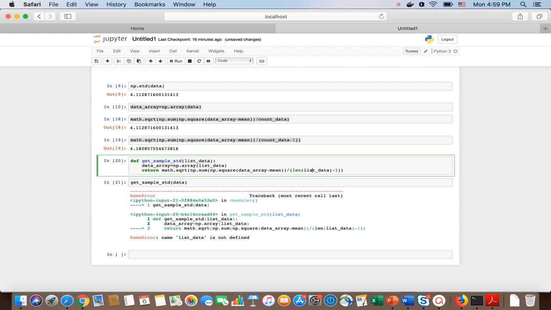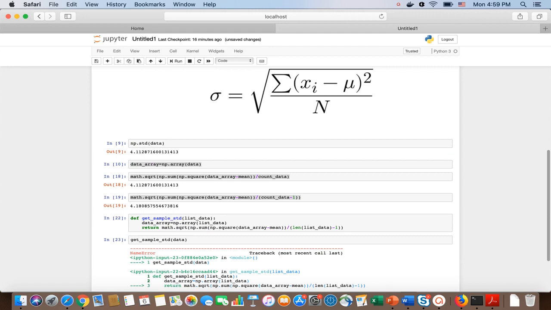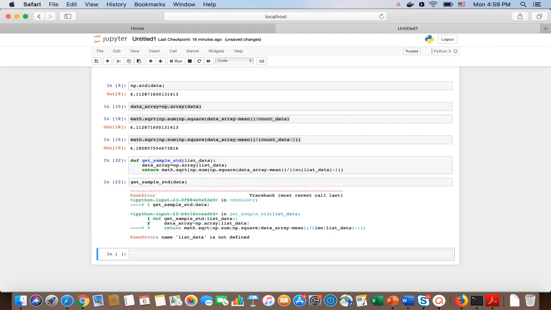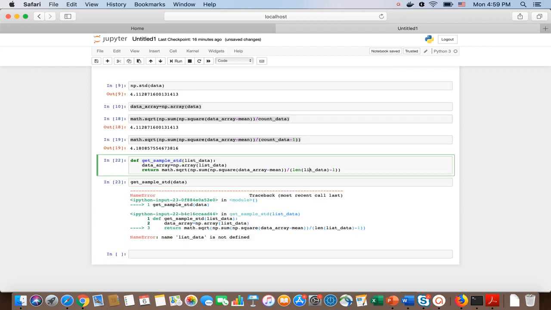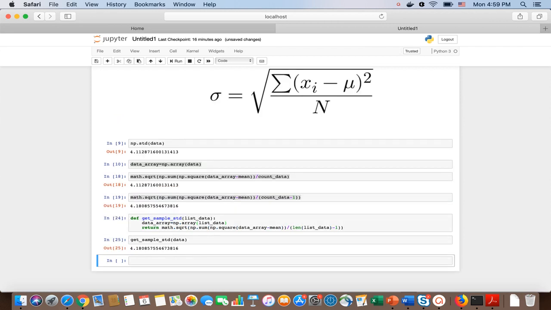I execute this cell again. More mistakes. Oh, so 4.18, you can take it in a variable, std data equal to